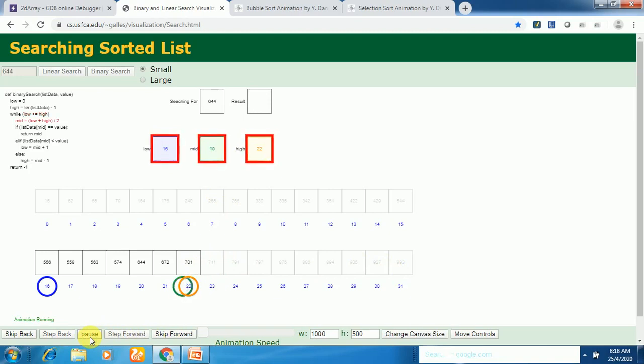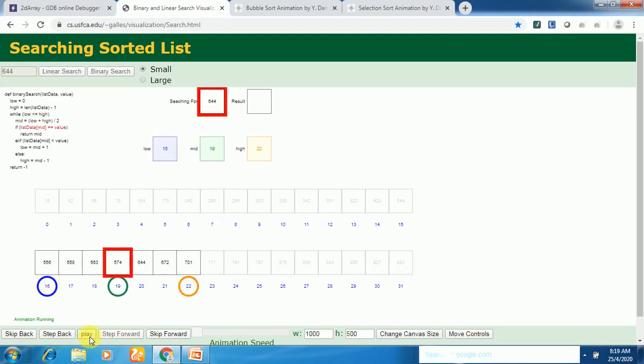So in this part again mid is calculated. The mid we got is 574. Here also the key doesn't match with the middle element, that is 574, and its index is 19. Again the array is divided into two parts. The first part elements are smaller than the middle element, and the second part elements are greater than the middle element. Compare key with middle element: 644 and 574. 644 is greater than 574, so it will be present in the second part here.